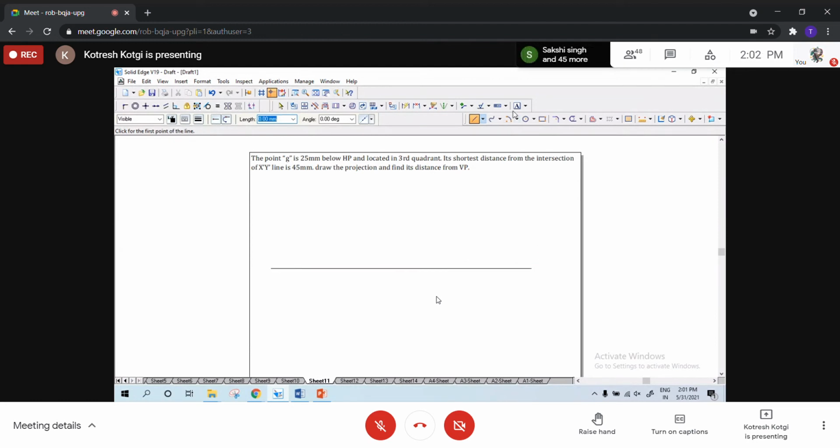Now all of you are able to see the software, right? I've drawn a horizontal line. After that, I'll just name it quickly X, Y, and then I will draw one more line. I'll name it X dash or X1, both are the same, Y1. I use X1, Y1. Okay, I'll just place it.